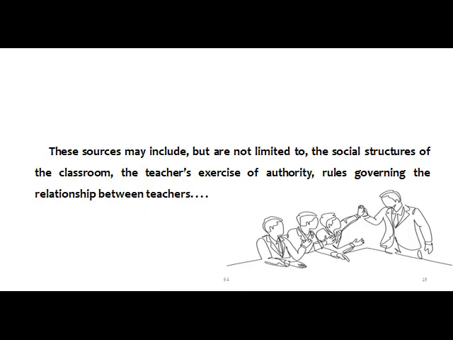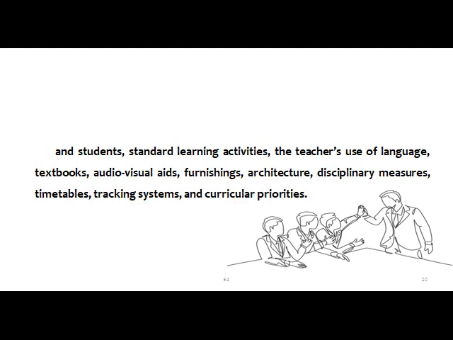These sources may include, but are not limited to, the social structures of the classroom, the teacher's exercise of authority, rules governing the relationship between teachers and students, standard learning activities, the teacher's use of language, textbooks, audio-visual aids,